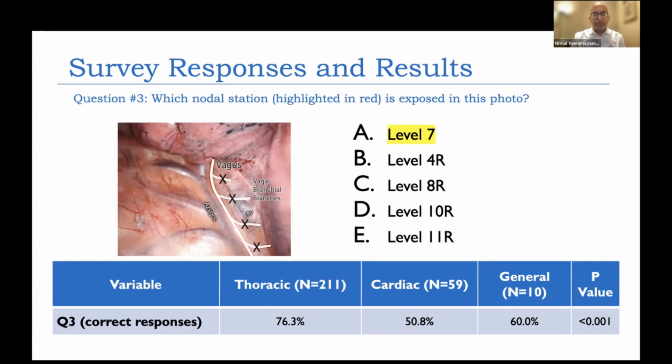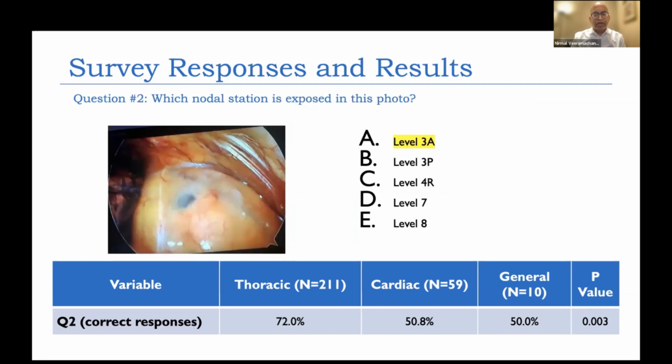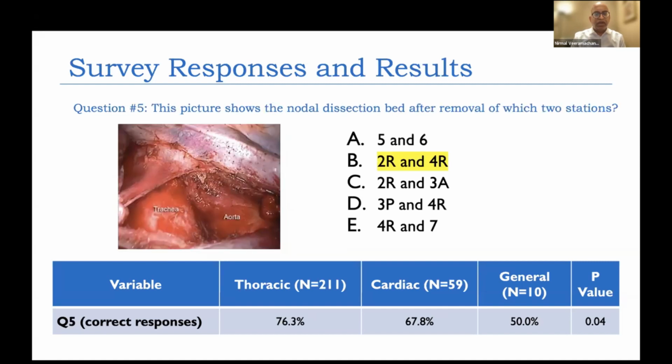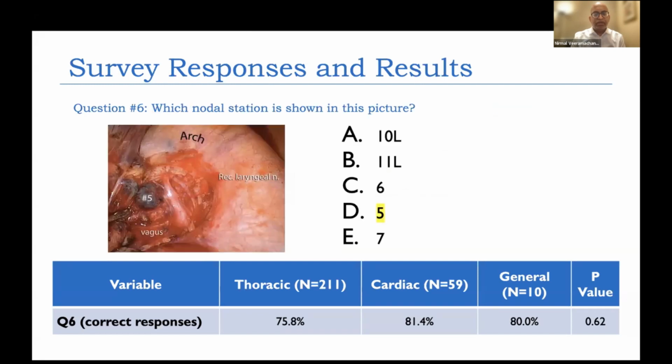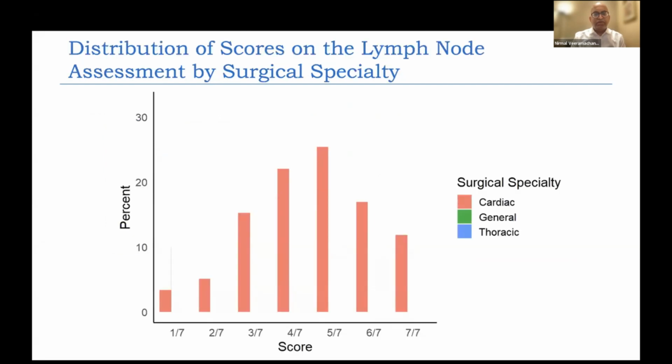For station 7, for example, this question caused difficulty for a number of people. Others, more or less frequently encountered stations such as level 3A, were also difficult for those who don't do a great deal of general thoracic work. The same for level 2R and 4R. Again, here's another sample question. As a synoptic of our data,